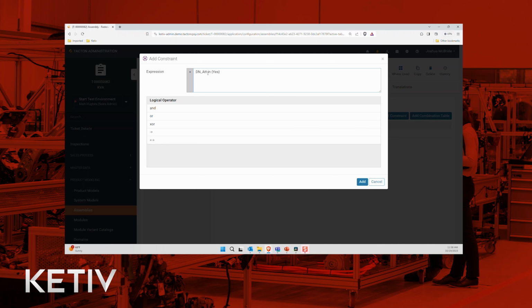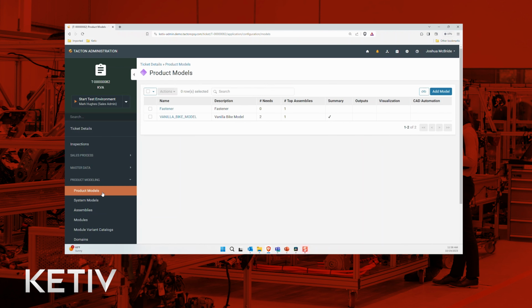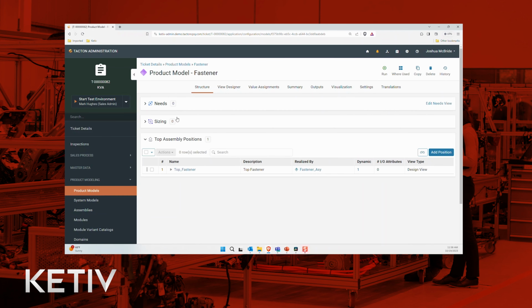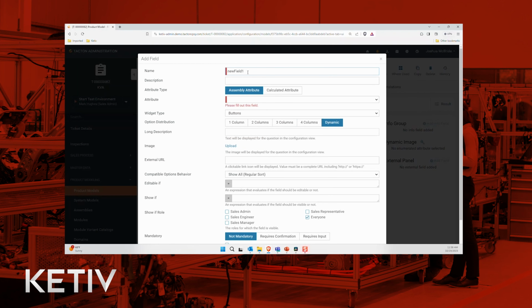So if and only if the double nut is set to yes, then the nut position is going to have a quantity equal to 2. That way, if it's set to no, it will drop it back to 1. We'll add that. And let's go back to our product model, select fastener, view designer, and we're going to add